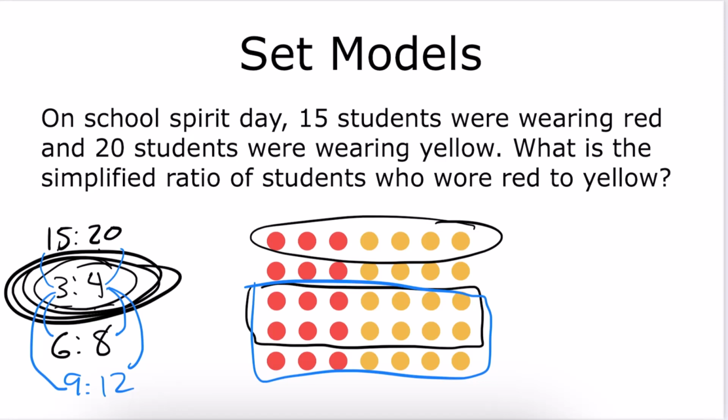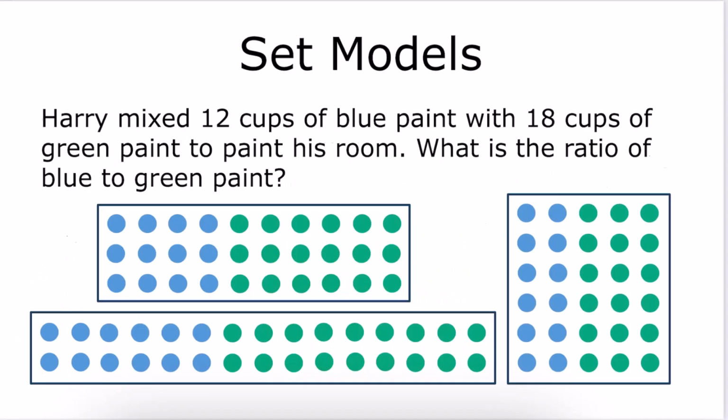So all of these other ratios can be expressed from the simplified ratio. But if you wanted to go from, say, like the 15 to 9, you would have to multiply by a fraction, which still technically works, but it's a little bit more difficult. And so that's the reason why simplified ratios are useful. One thing to note is when you're doing set models with physical objects, there are often many different ways that your students might arrange the